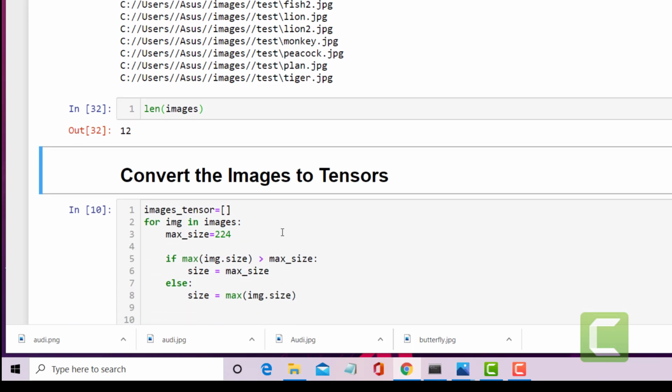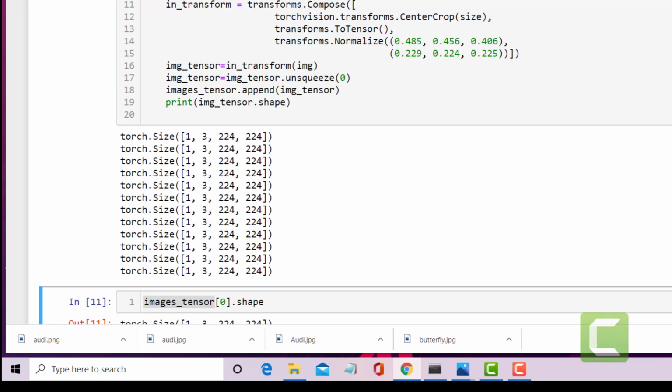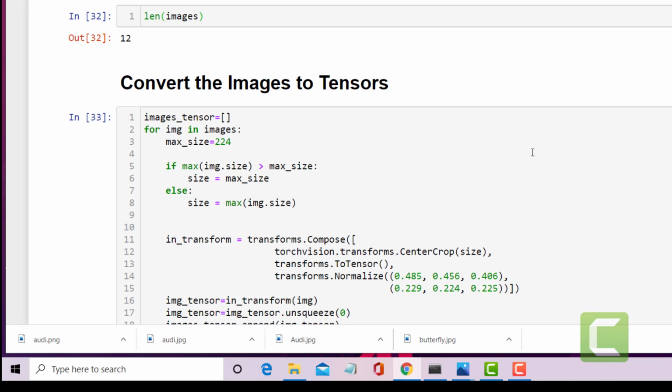It's 12. Okay, so I need to convert the images to tensors because the models in PyTorch need the images to be in tensors for them to work. Okay, so I have written a small function, okay, which takes the images. It's very simple, guys. You can also do it, and in fact I will make this file available to you so you can run it yourself.